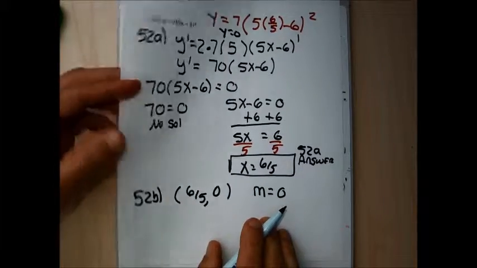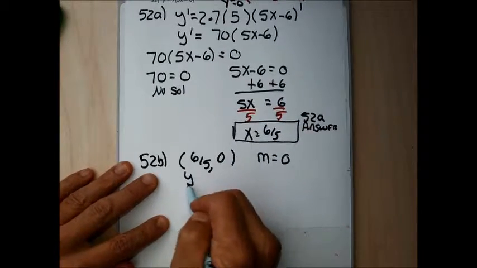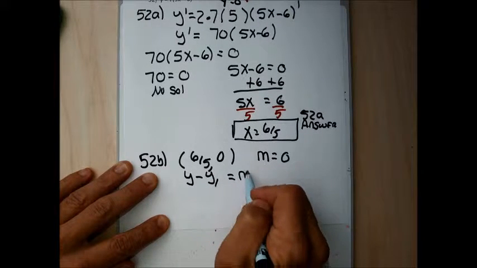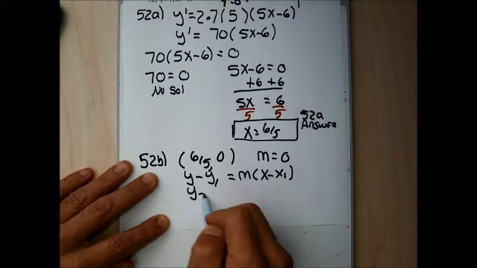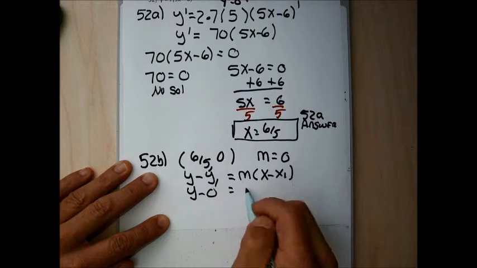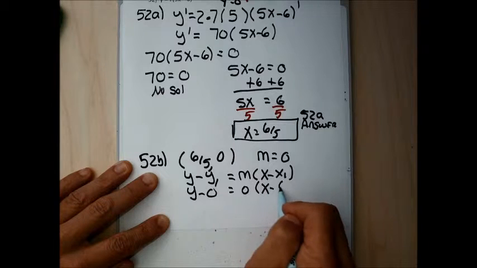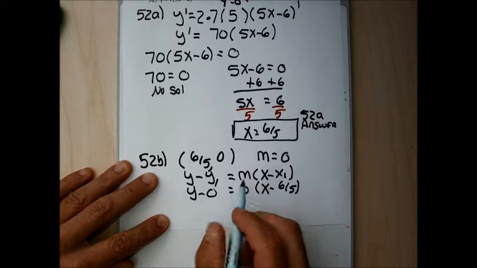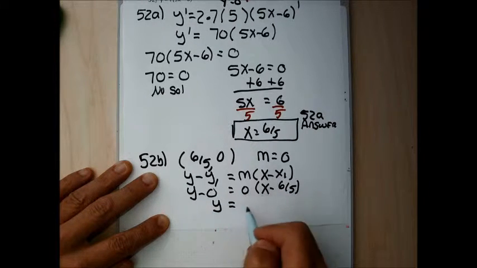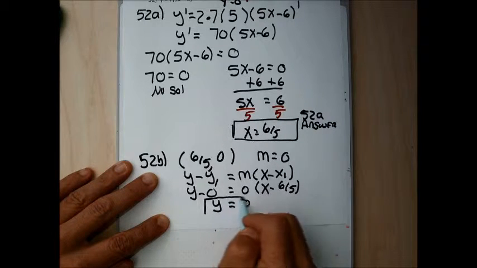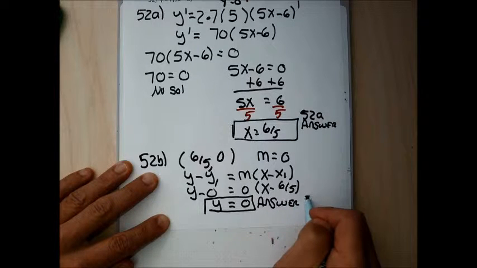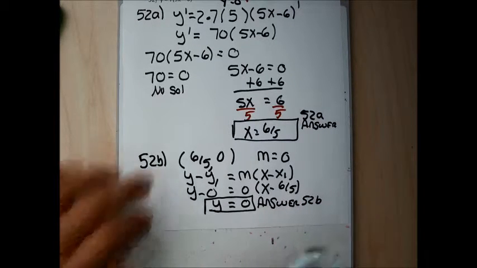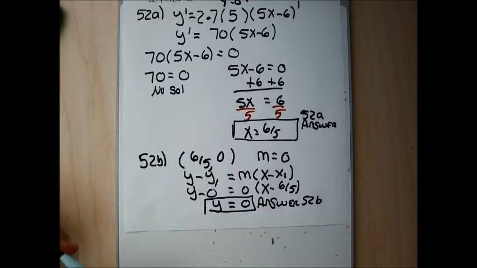I could shortcut the answer, or I could use the formula y minus y1 equals m times x minus x1. They both will work. If I use this formula, I get y minus 0 equals m, which is 0, times x minus 6/5. On the left side, y minus 0 is just y. On the right side, 0 times anything is just 0. And there's my answer to 52b. So again, if I'm going to graph this, the horizontal tangent line is going to go through the